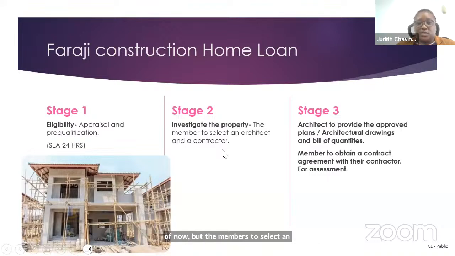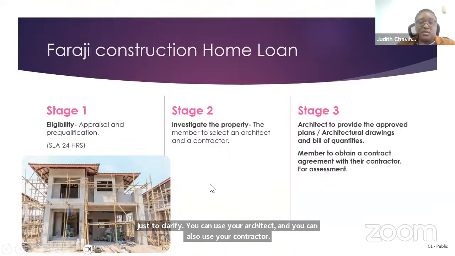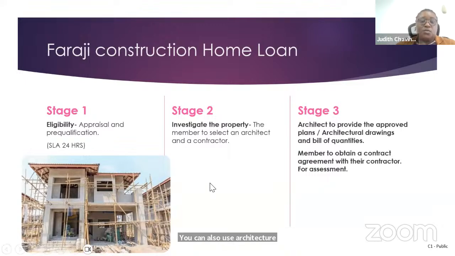So at this point, they're just basically selecting the architect and the contractor. Just to clarify, you can use your architect and you can also use your contractor. You can also use an architect or a contractor provided by the Sacco panel. But if you use your own architect or contractor, or some members prefer using their own,